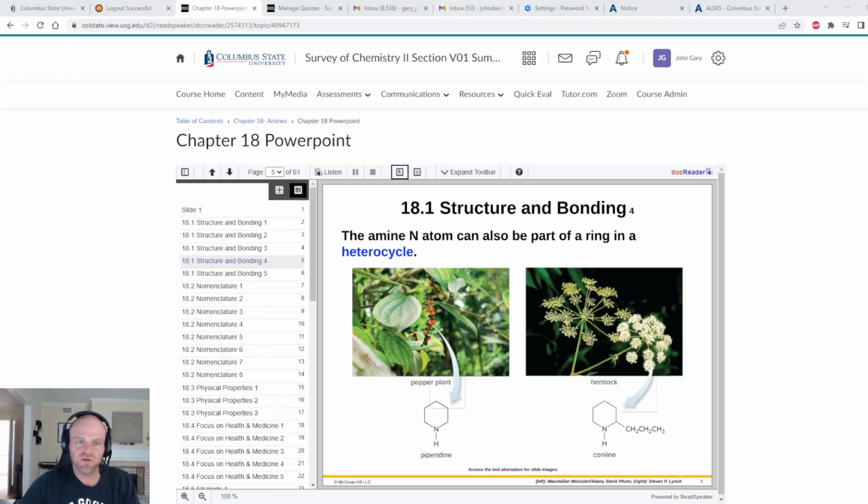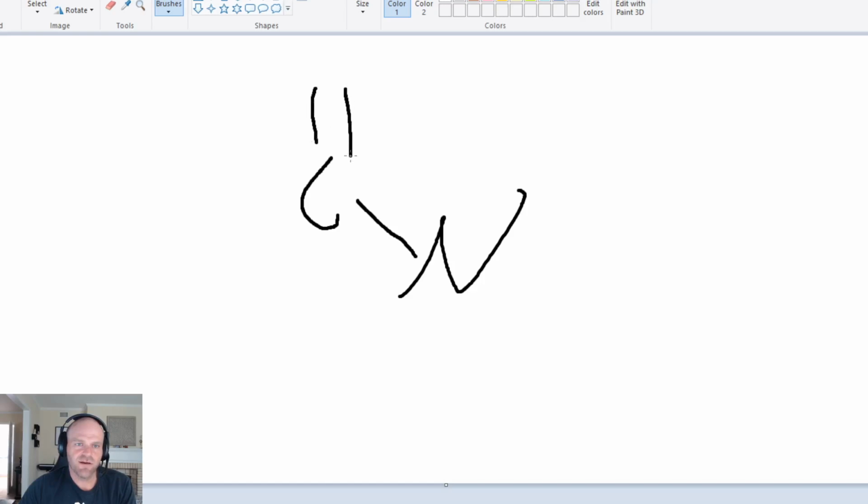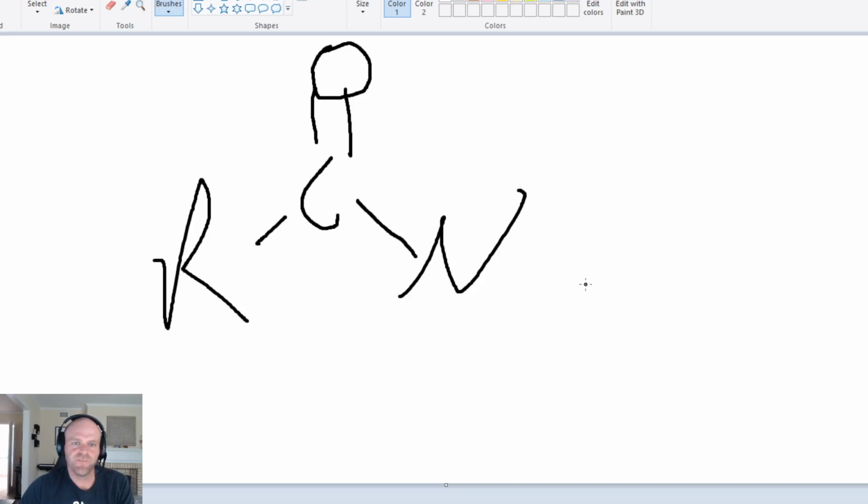So make sure, let me pull up my paint program, make sure you have a distinction between those two different kinds of molecules. Remember, an amide is attached to a carbonyl carbon, which is that there, right? And we'll just put R over here. So this is the amide, and then the amine,